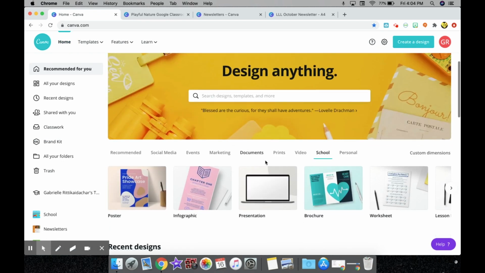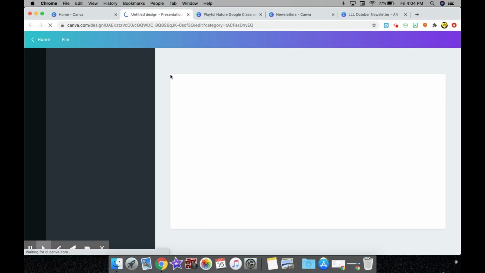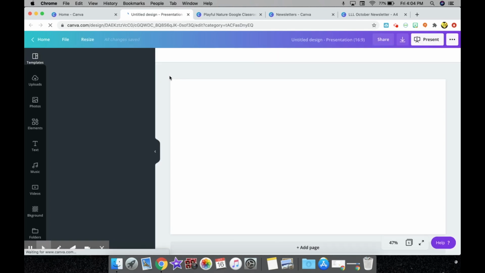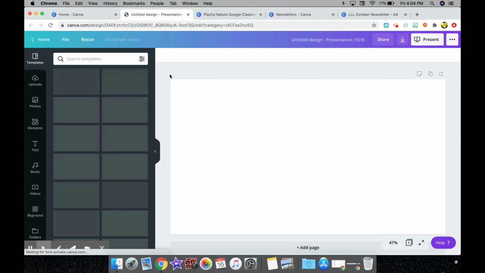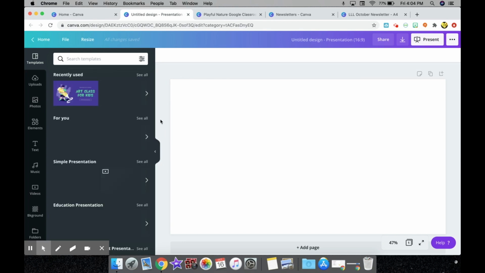and I'm going to choose here where it says presentation, and it's just going to pop up with a template that is already set to the custom presentation slide dimensions that you use on Google Slides. So once everything loads, I'll show you guys how to make just a really quick addition presentation. So the first thing that I want to do